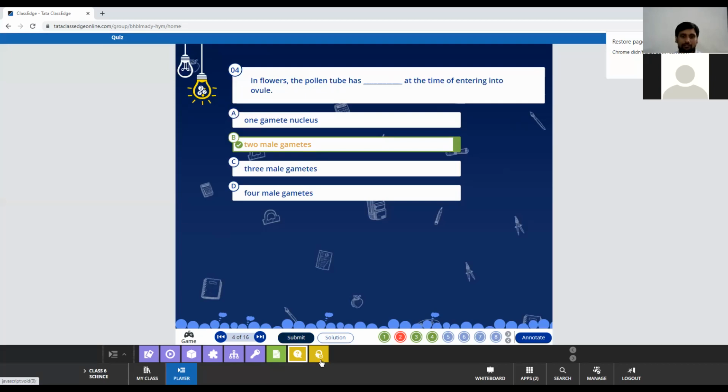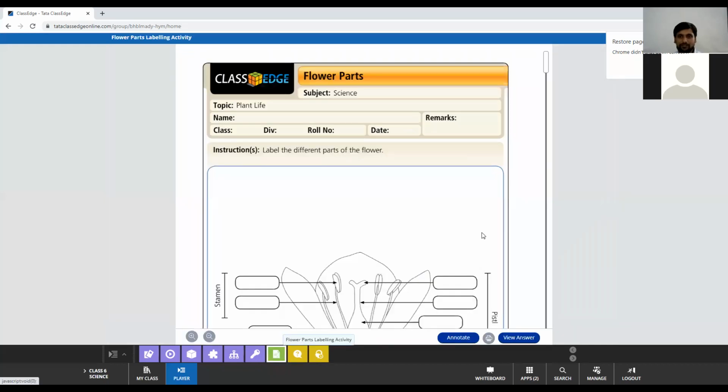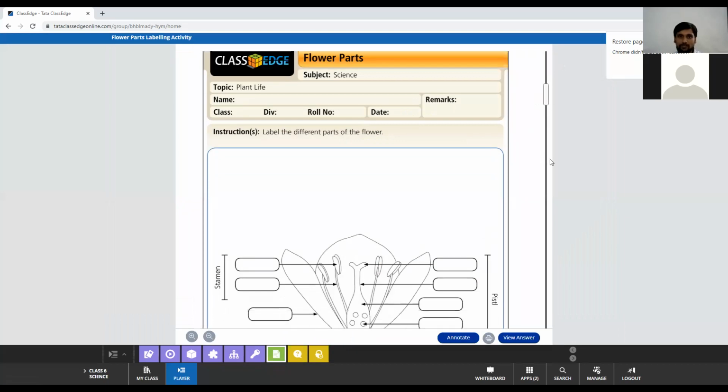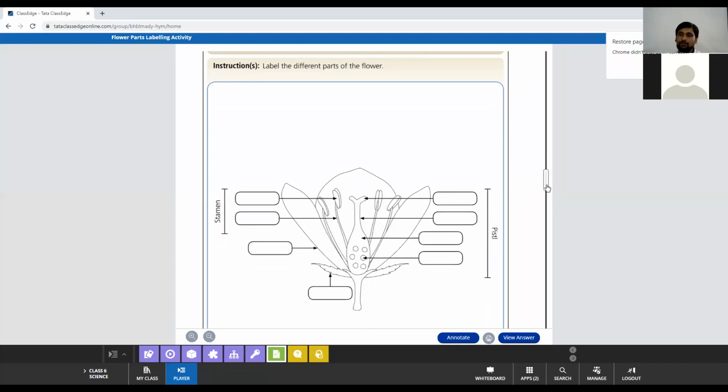Okay, so I'll give you one activity here. Let us do that activity here. One second, my dear. I have a small homework for you, my dear. I'll share it in this group so that you have to label the parts. After labeling the parts, please send it to me on WhatsApp so that I'll correct it and know whether you have understood perfectly or not.